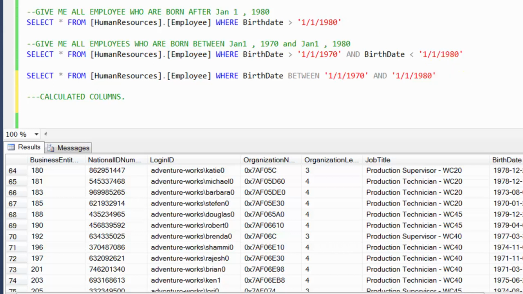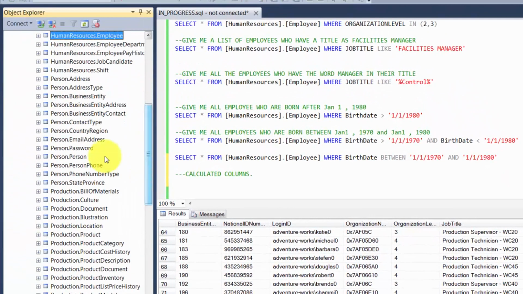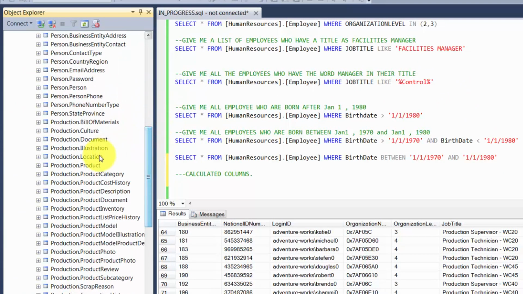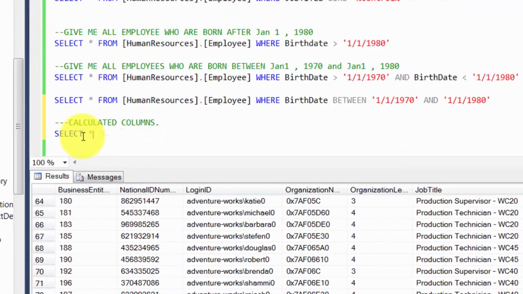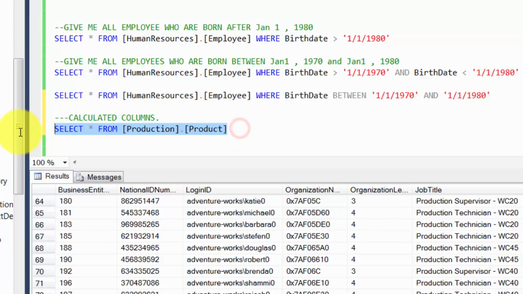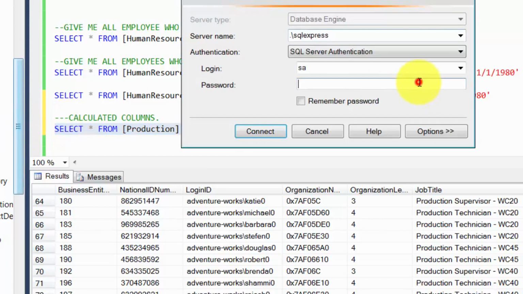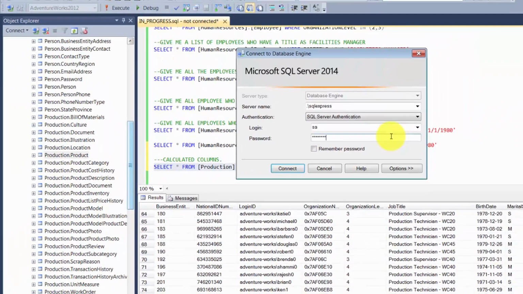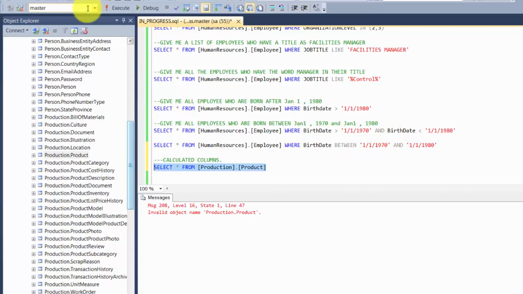So let's have a look at some examples. So let's select some of the tables so that again it doesn't get too boring. So let's see if we can use the product table. Let's see what it has. So select star from production.product. Let's see what it has. Again, let me just quickly enter my password. Oops, need to remember this.